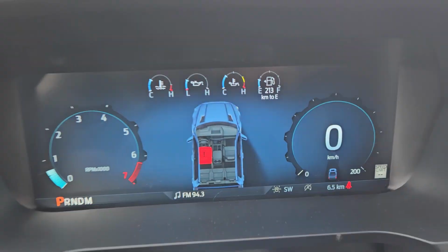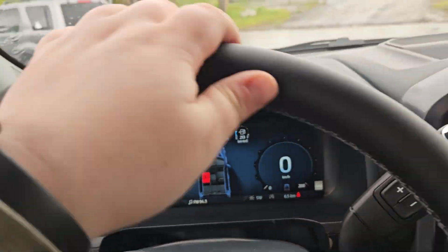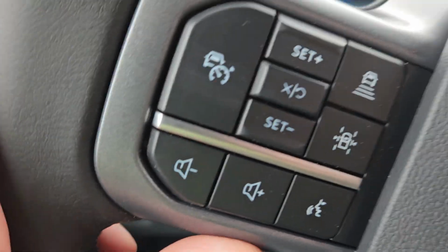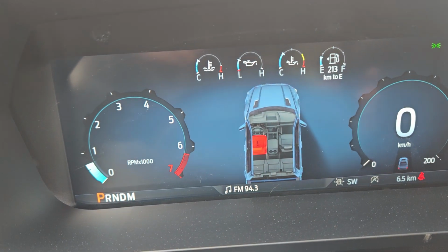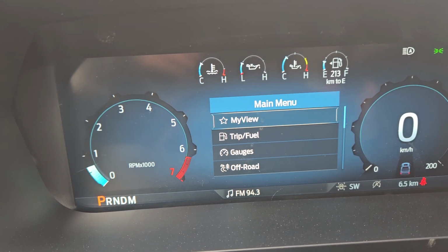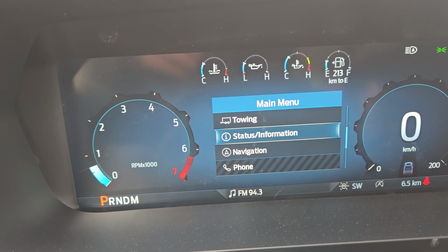Taking a look at the vehicle while it's running, we can see the odometer sitting at 6.5 kilometers. We do have a nice leather-wrapped steering wheel. You have your toggle-free main menu, phone and media, cruise control, volume, and voice. Looking right here, you do have your main screen here, which has my view, trip and fuel, gauges, off-road, towing,